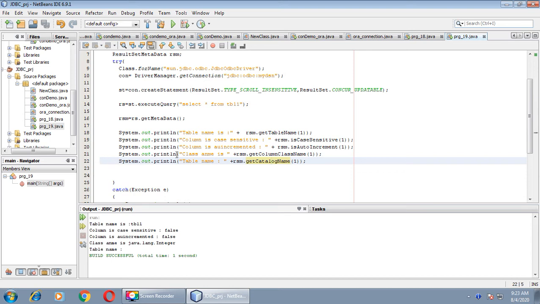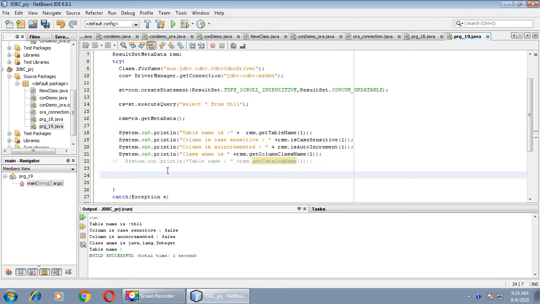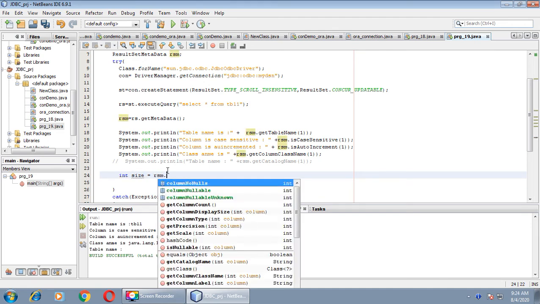Let me comment this line. Let us do some more coding. Then we will count the number of columns defined in this particular object. Integer size equals rsm.getColumnCount.